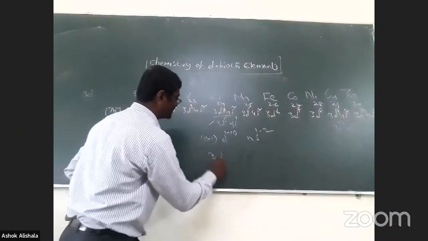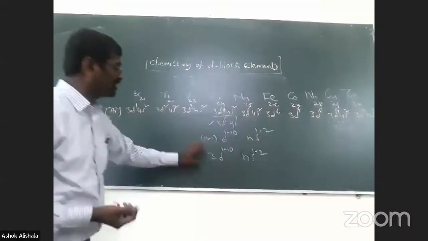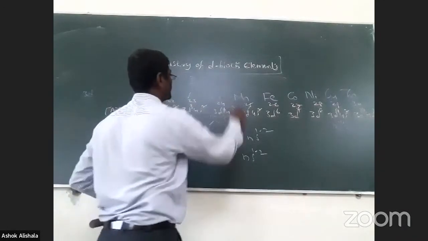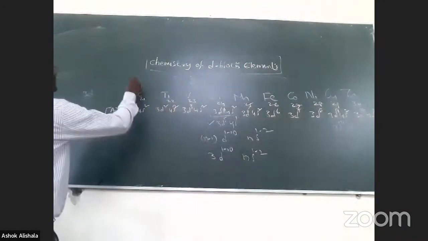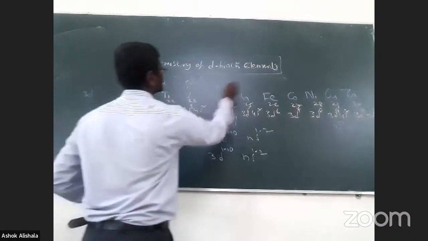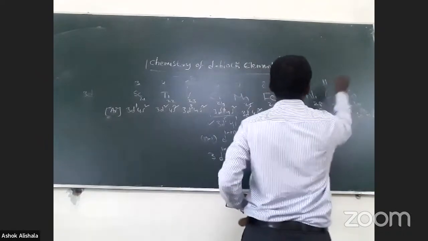This you can write as 3d 1 to 10, 4s 1 to 2. This is the electronic configuration of the 3d block series element. So only for this particular group, where this is third group, 4th, 5th, 6th, 7th, 8th, 9th, 10th, 11th,